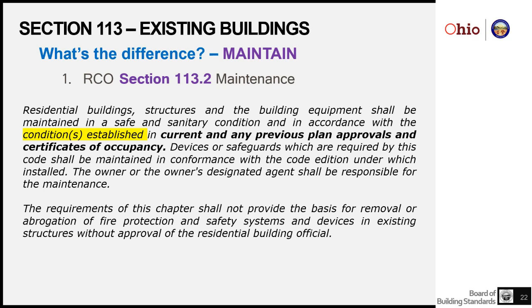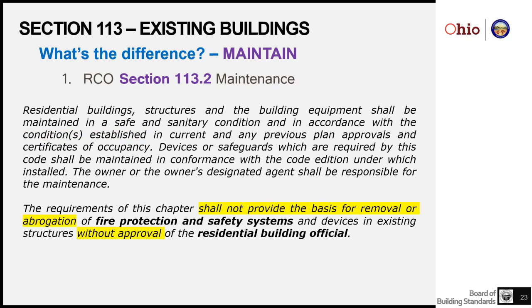Where do you get your authority to enforce, and what are you enforcing when you go out to that existing structure and want to cite somebody for broken glass or failed siding or whatever the thing is you're doing? You're likely not going to be writing any kind of order or violation out of the Residential Code of Ohio.